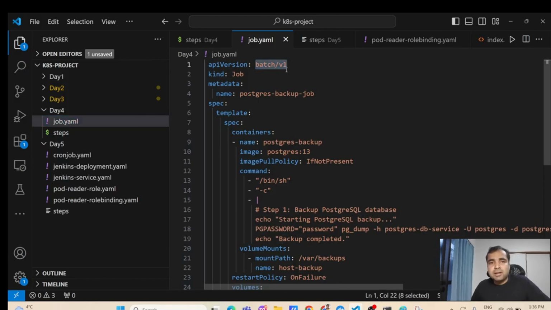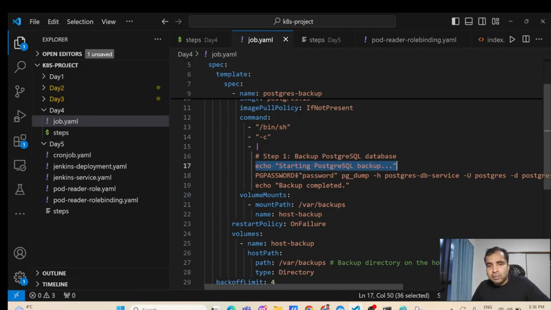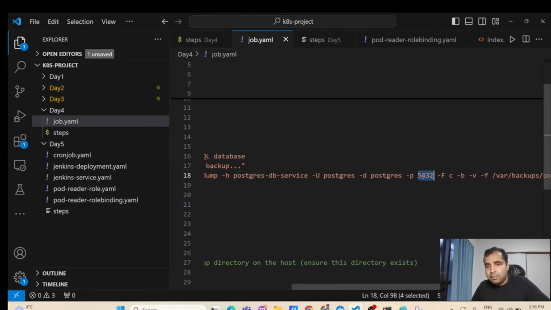So the batch API version is batch/v1, and the kind is Job. Metadata is postgres-backup-job. In the spec, in the template section, the container is postgres-backup. Image is postgres:13, image pull policy is IfNotPresent. In the command, you are telling the bash shell to execute: echo starting Postgres backup, and then PGPASSWORD equals password, and pg_dump is the utility. So pg_dump -h, and then your service name, -U is the username, -d is your database name, -p is the port, and then you are specifying